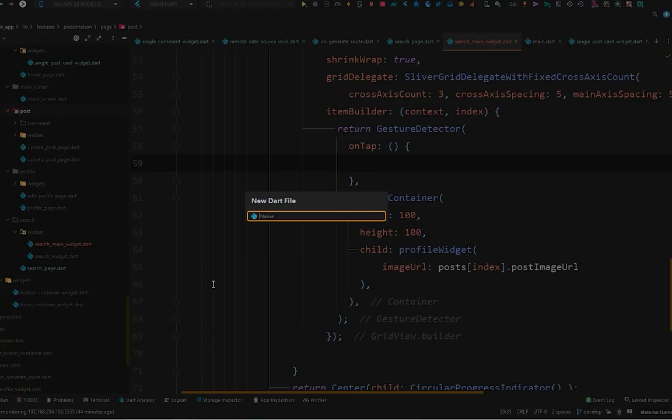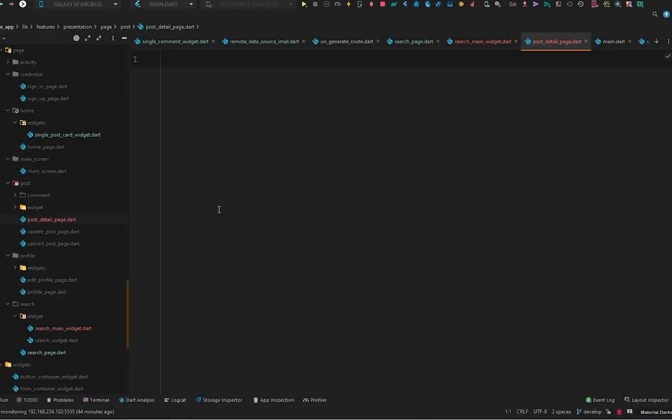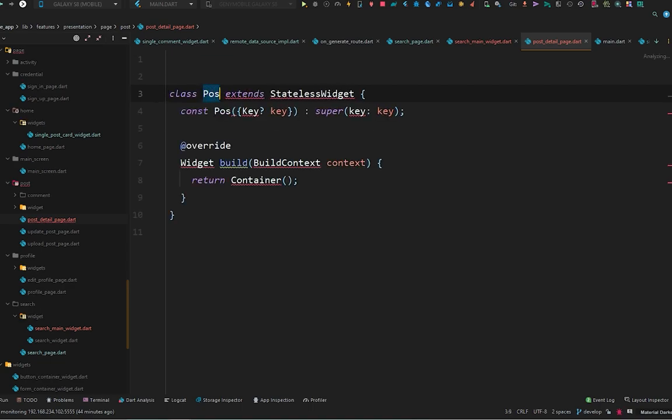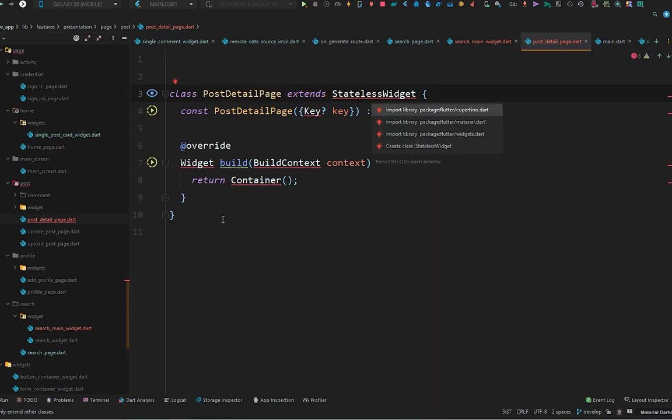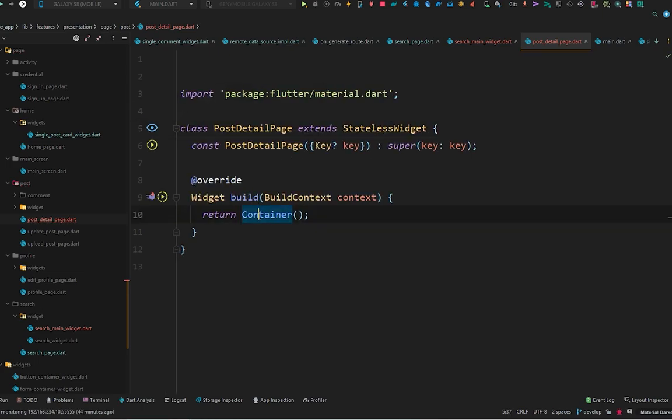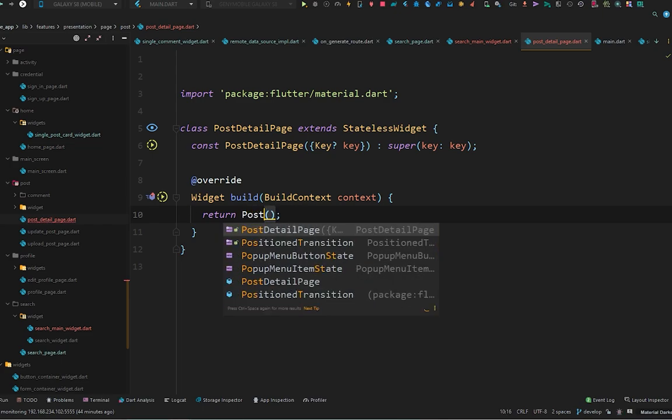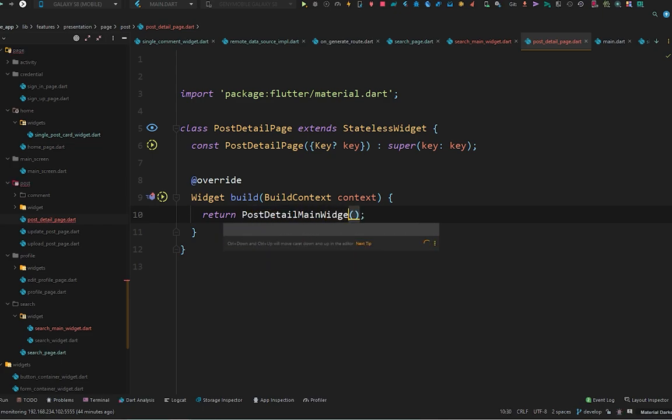So in the post we will create the post detail page, and here we will also load the single post on the unique ID on which we have navigated to the post detail page. So there will be the need of single post Cubit. So in the post detail page there will be a simple stateless widget post detail page, and also import the Flutter material, and in the container this is going to return the post detail main widget,